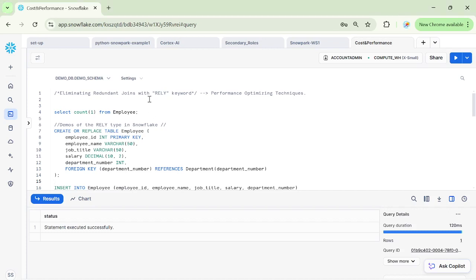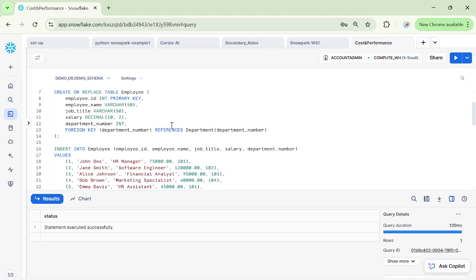Hello everyone. In this video, I am going to demonstrate one of the performance optimization techniques within Snowflake, which is nothing but how do we eliminate redundant joins by using one of the keywords, which is RELY. For demonstrating this particular use case, I have taken employee and department tables, the classic example of employee and